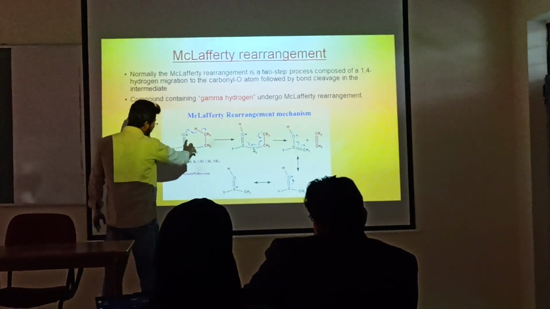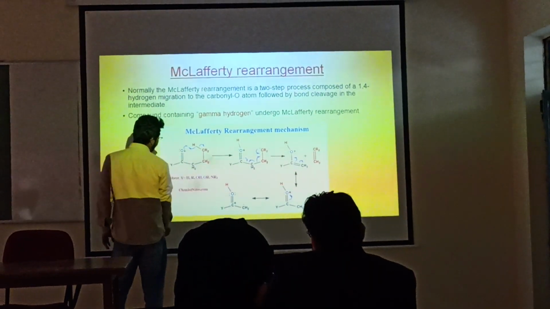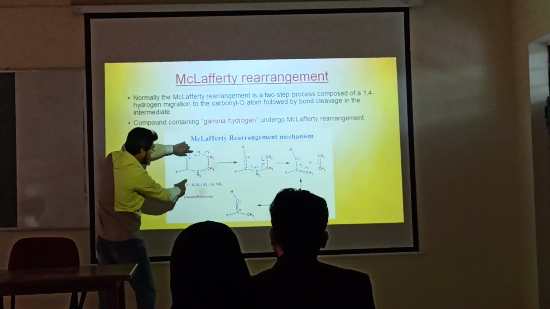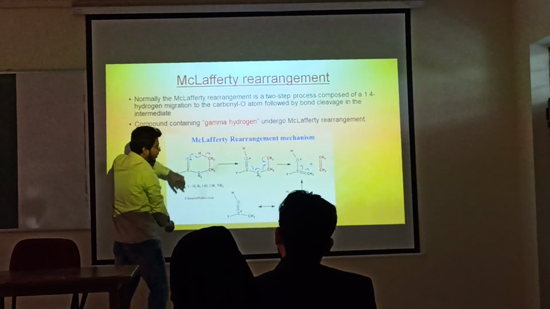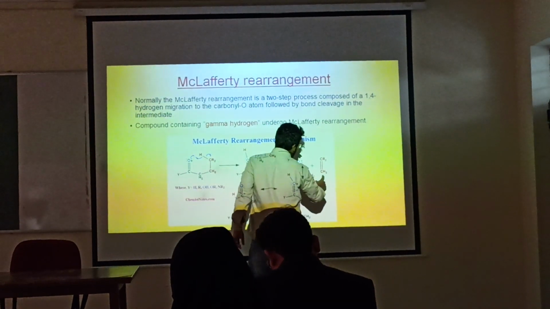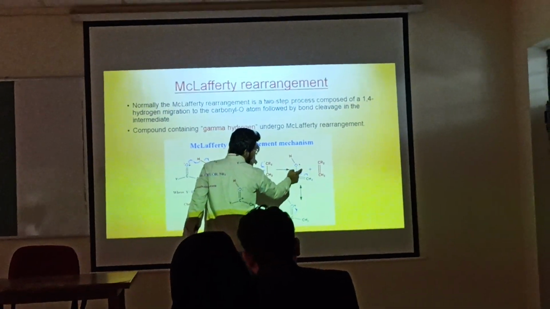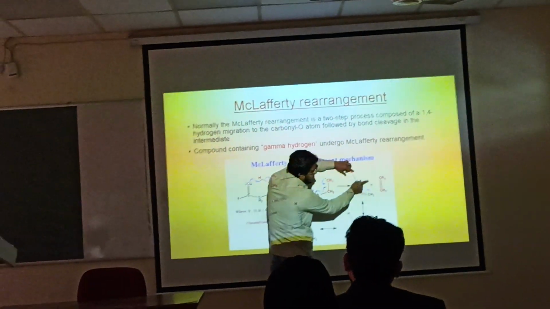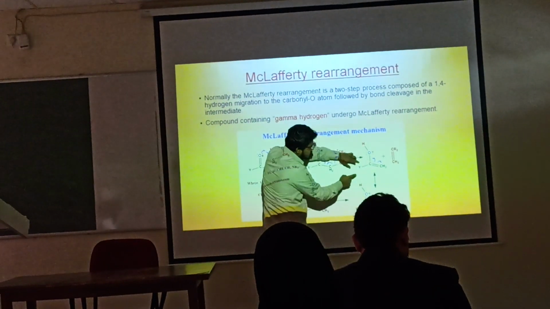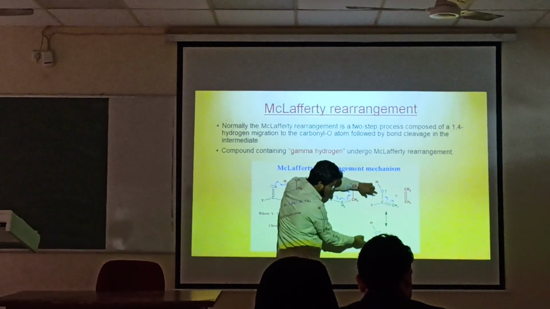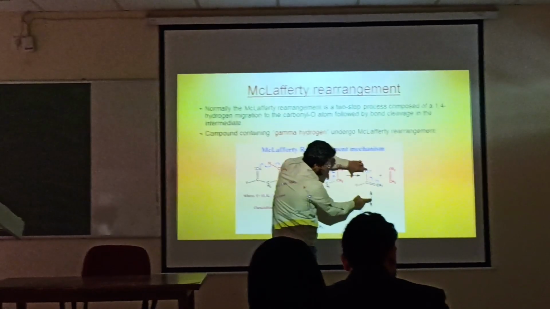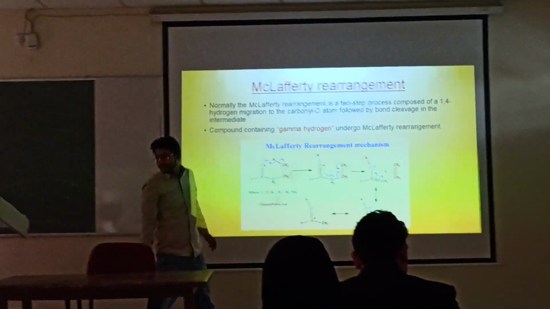Here you can see how the bond formation and bond cleavage are occurring. This bond will form, this bond will cleave, and this bond will form into the double bond. So basically an alkene molecule will form and another ion will form. So this is our cation which will be analyzed by the mass spectrometer, and this cation can be of various types depending upon the positive charge on which atom.